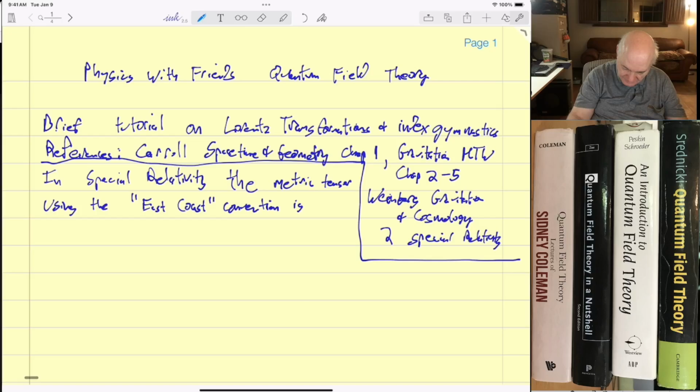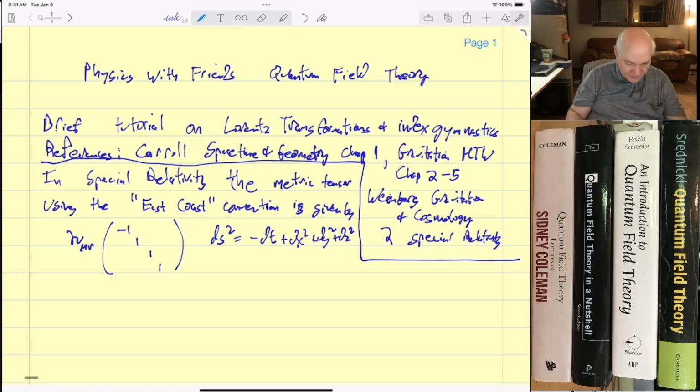It is given by eta mu nu: minus 1, 1, 1, 1, everything else is 0. And this implies that ds squared equals minus dt squared plus dx squared plus dy squared plus dz squared. So these are